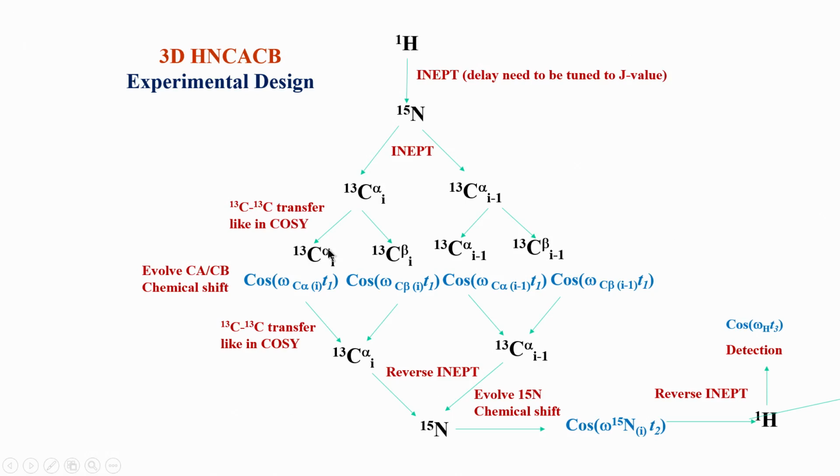Once they are excited, we can evolve the chemical shifts for these 4, and each is independent. So each of them will now independently evolve with a different chemical shift. This is one pathway going independently of the other pathway, which is this pathway. So these are 4 different pathways flowing independently, and you can see that I now have 4 independent chemical shifts.